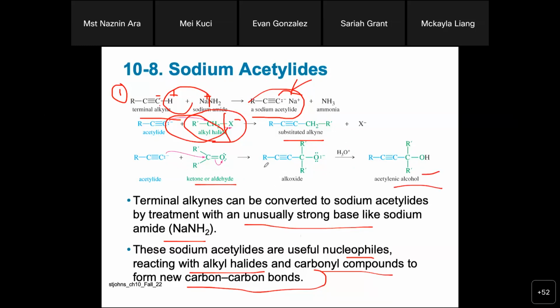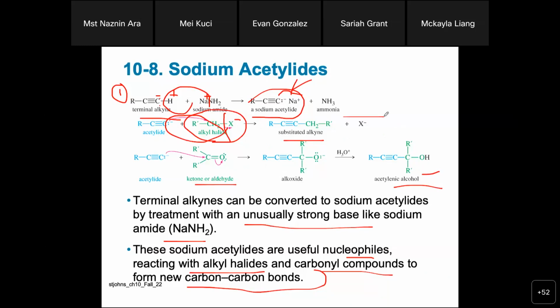So if we need a compound related to a terminal alkyne, or we need an alcohol like an acetylenic alcohol, a triple bond containing alcohol, in that case we can first react with sodamide, make the sodium acetylide, and then it reacts with the alkyl halide, giving the substituted alkyne, and then